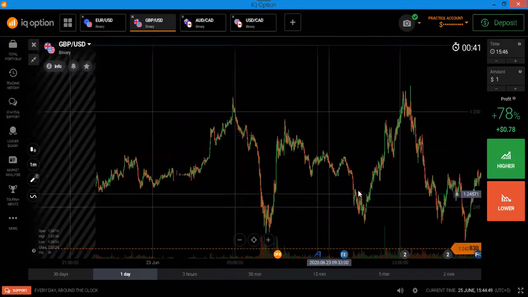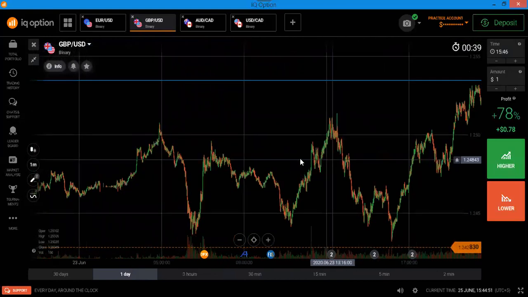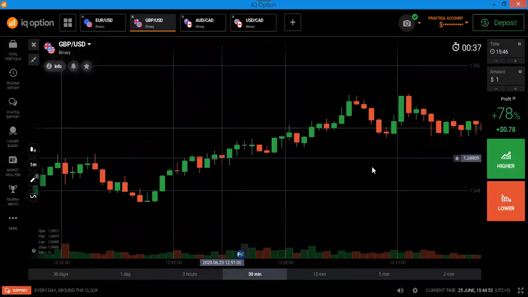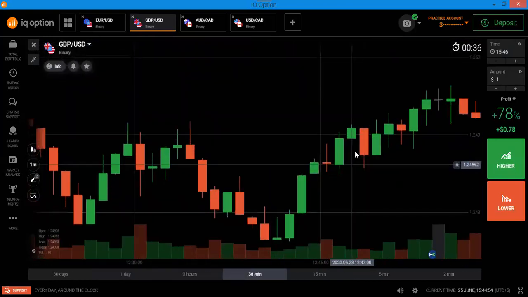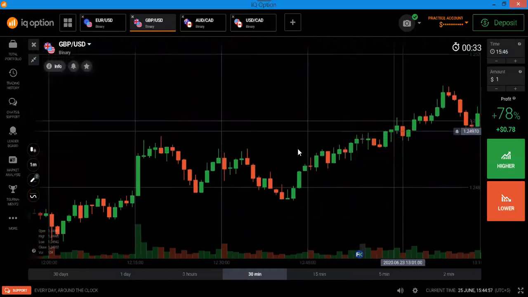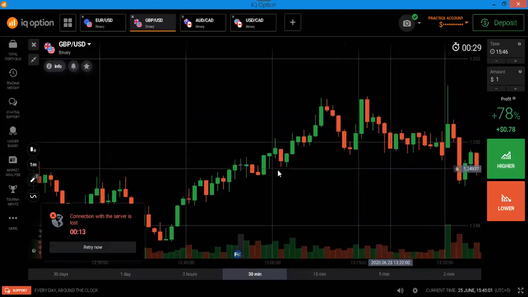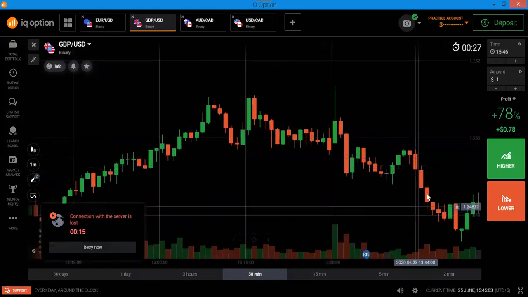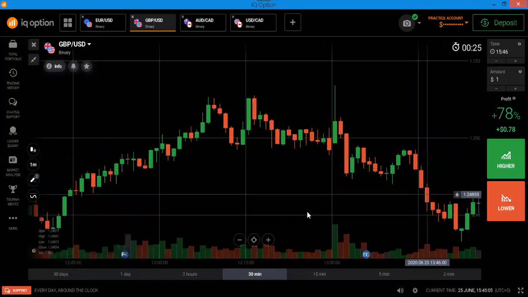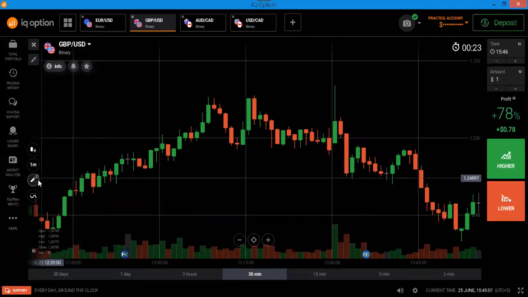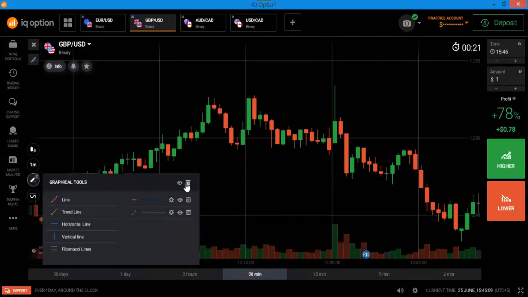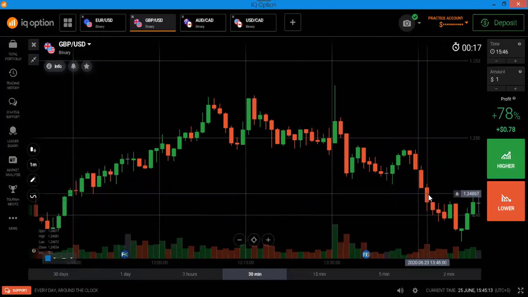So here, once again, we draw the support and resistance levels where we found there is no past price action. Okay, my internet problem. So these are the levels where you find there is no price action in the past. You can take the idea of the 50% level. It gives you the information that this is the 50% level.